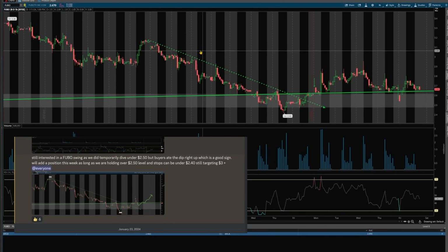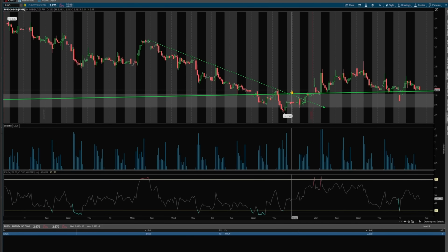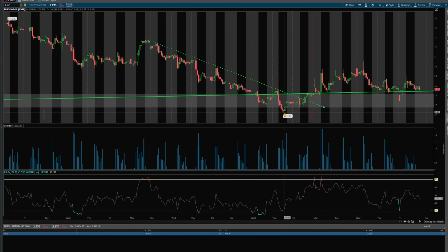So let's dive into the charts, and I'm going to show you an example of a swing trade that we actually just took not too long ago. A very simple trade. We saw a nice trend break off of a previous demand zone and support level, and we were looking for buyers to be there just like they were previously. So as long as we held between 2.40 to 2.50 support, we were looking for buys once trend broke, risking that level,